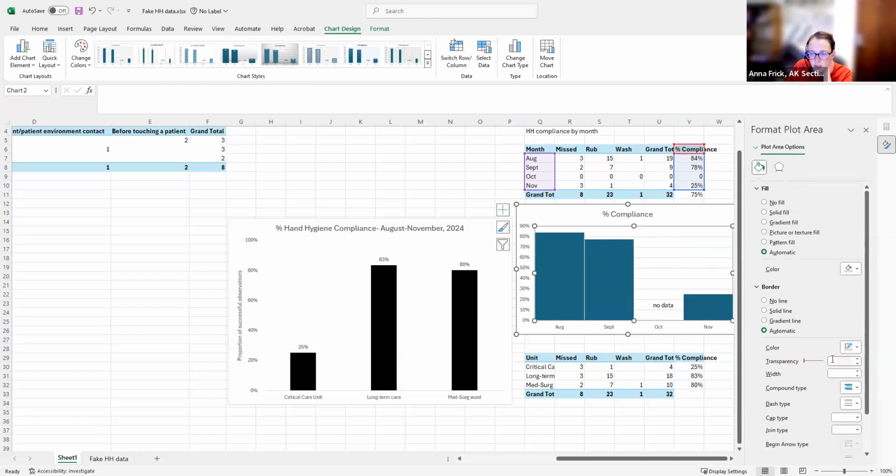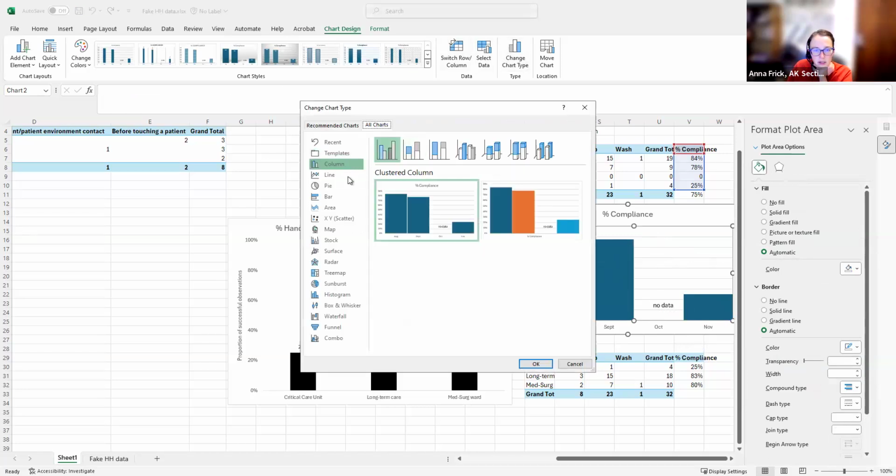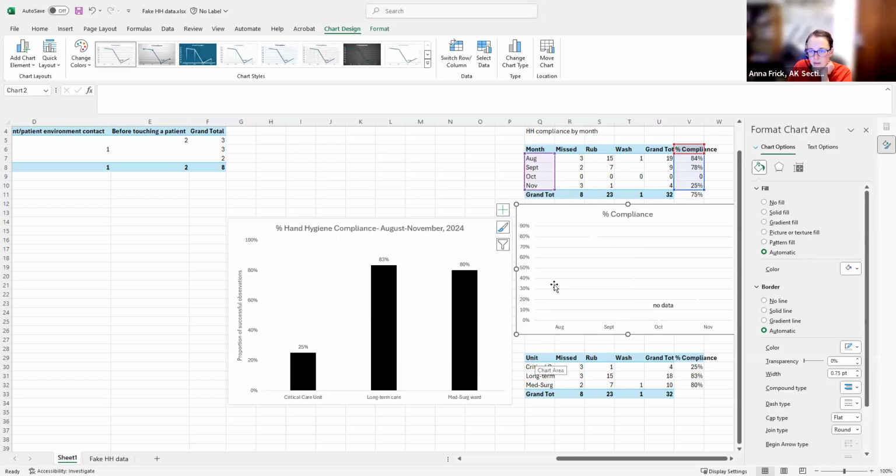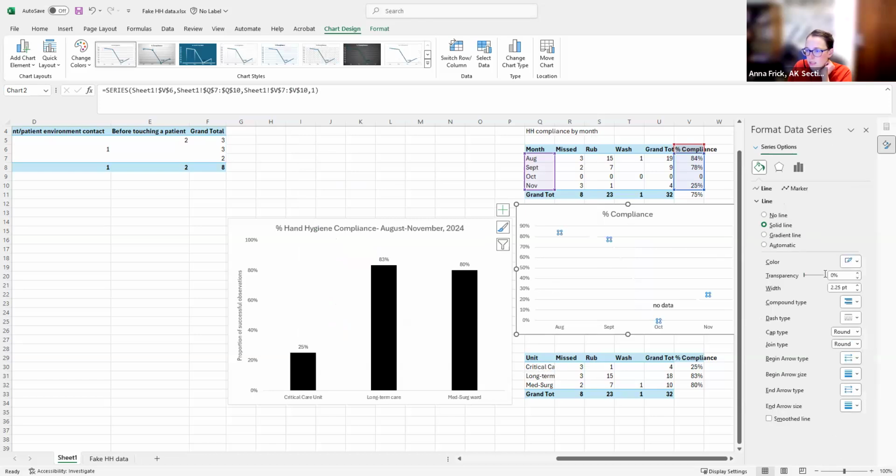Now you can see that's there. But I'm going to change that back to a time series because I just deeply prefer to present temporal data as a line. Oh, and now I made it real mad because I made it white. So I better change that back, make it black.